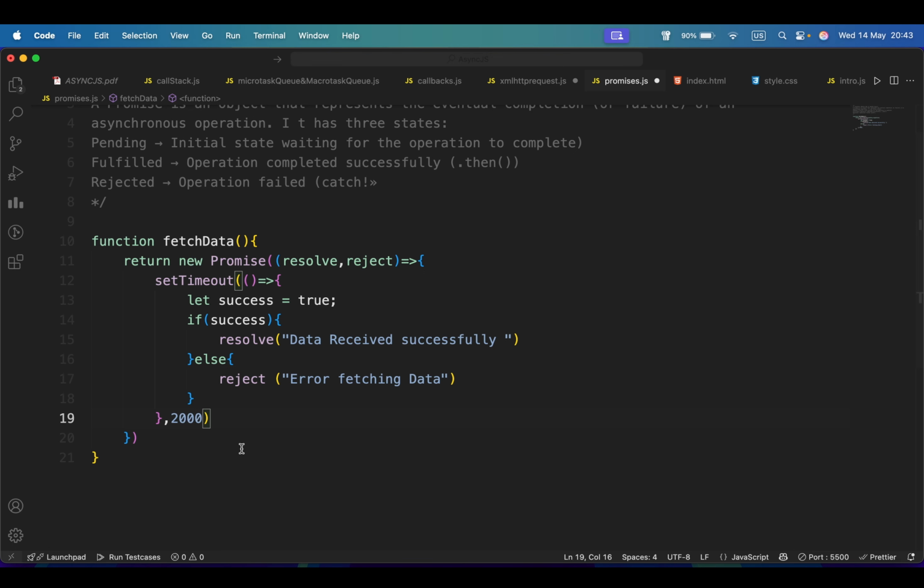We just created a setTimeout to simulate an asynchronous operation like fetching data from a server with a 2-second delay. Inside that timeout we define a variable success and set it to true. This is just for simulation. In a real world scenario, this would be based on whether the server responded correctly or not. Then we check the success variable. If it's true, we call resolve and pass in a message, data received successfully. And if success were false, we would instead call reject with an error message, error fetching data,